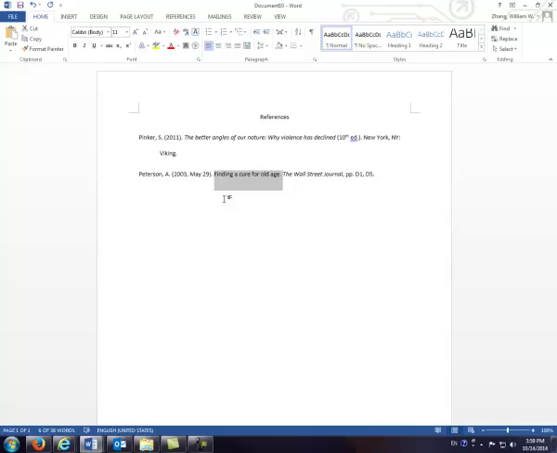You do not italicize the title of the newspaper article, but you do need to italicize the name of the newspaper, such as the Wall Street Journal or the Des Moines Register or USA Today, and treat the name of the newspaper as a proper name. So you need to capitalize all the major words in this name,